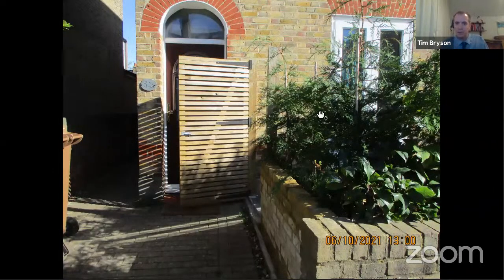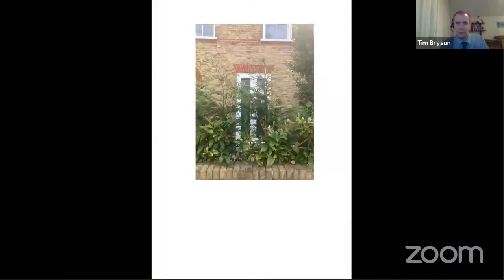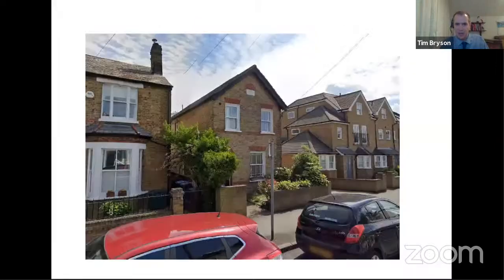Photograph from one of our enforcement officers. An enforcement notice was served in September for action by October for the removal of the fence. The owners have done that and put in some soft landscaping. And here is the picture of the double doors from the pavement. And members, just to show you previously the window that used to be there. So overall, Chair, officers recommend permission be granted. Thank you very much.